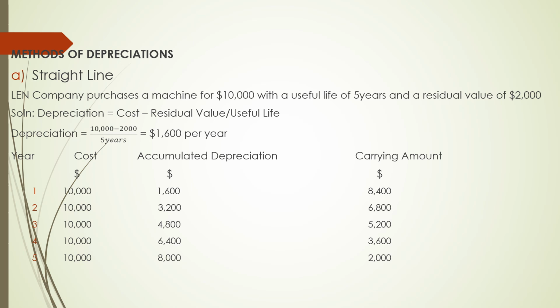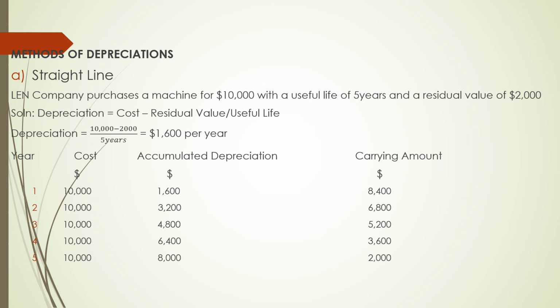For year 2, the cost still stands as 10,000, but now the accumulated depreciation, since we are in the second year, is 1,600 times 2, which gives us 3,200. When we subtract the 3,200 from the 10,000, this gives us a carrying amount of